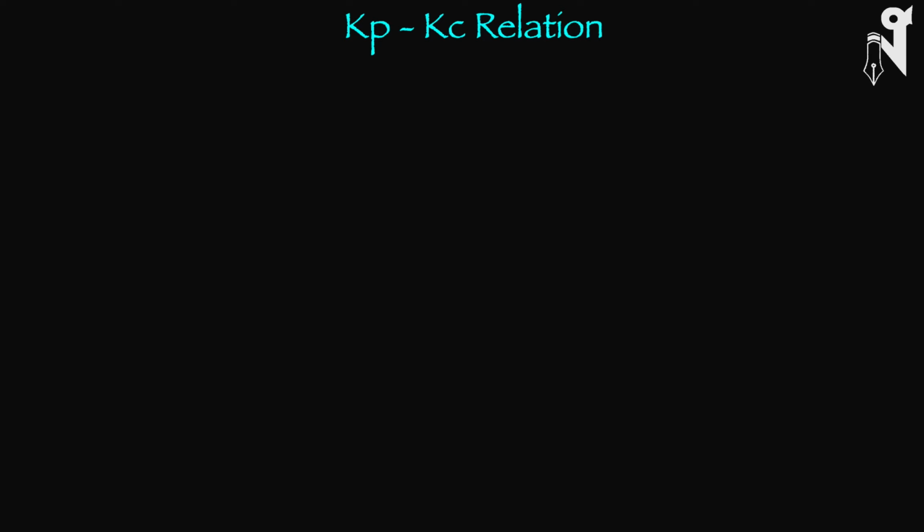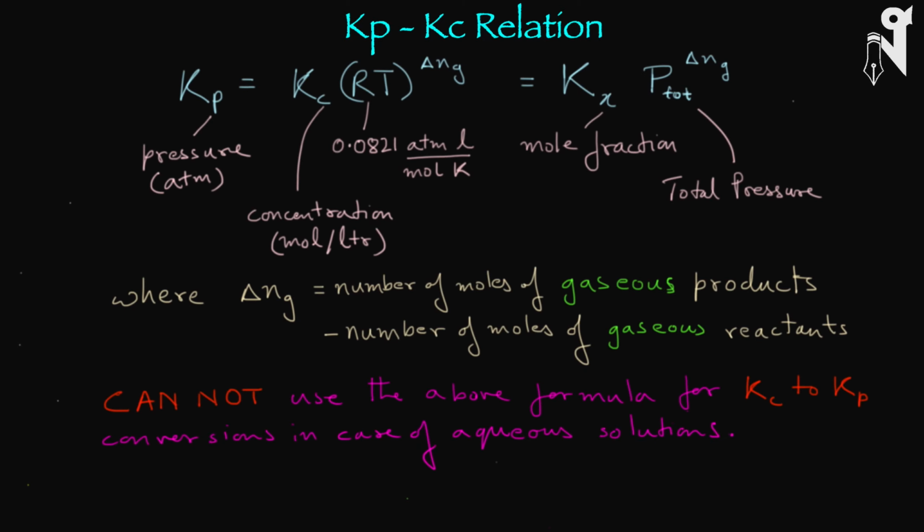And yes, a recap of what we have done. We have done a Kp relation with Kc. Kp is taken in pressures. I've already told you about your activity thing and all. The standard state is taken in bar also, by the way. You can take it in bar also, but rarely. If you take it in bar, then your R value, the universal gas constant value, would be 0.08314, instead of atmospheres, it would be in bar.